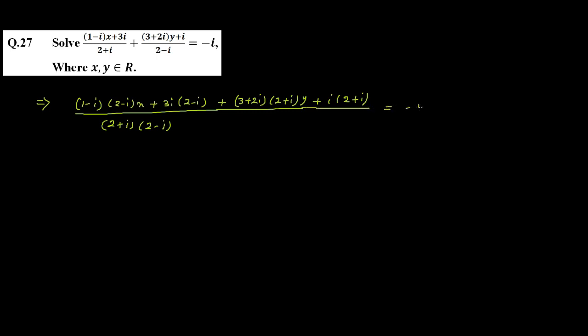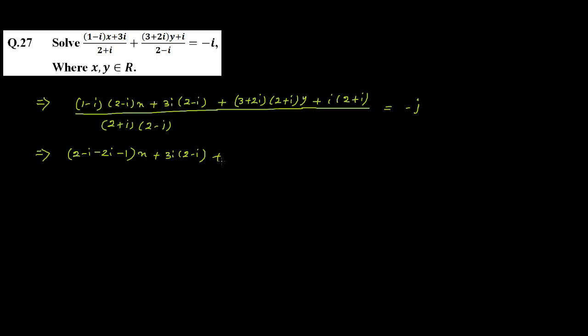This is equal to minus iota. This implies multiply this 1 minus iota into 2 minus iota. So this will become 2 minus iota, so minus 2 iota minus 1, plus iota square, that is minus 1, into x